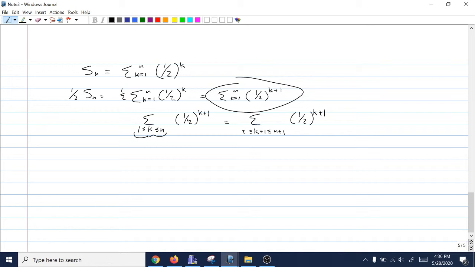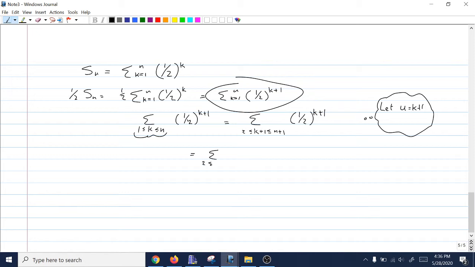Now I'm going to switch letters. You probably wouldn't write this stuff out step by step if you're writing a paragraph explaining what's going on. I'm going to pick a new letter. I'm going to let u be k plus 1, because I'm thinking of this as a u substitution. k plus 1 going from 2 to n plus 1, 1/2 to the k plus 1, well, where this is only a sentence about k plus 1, this is the exact same as saying that the